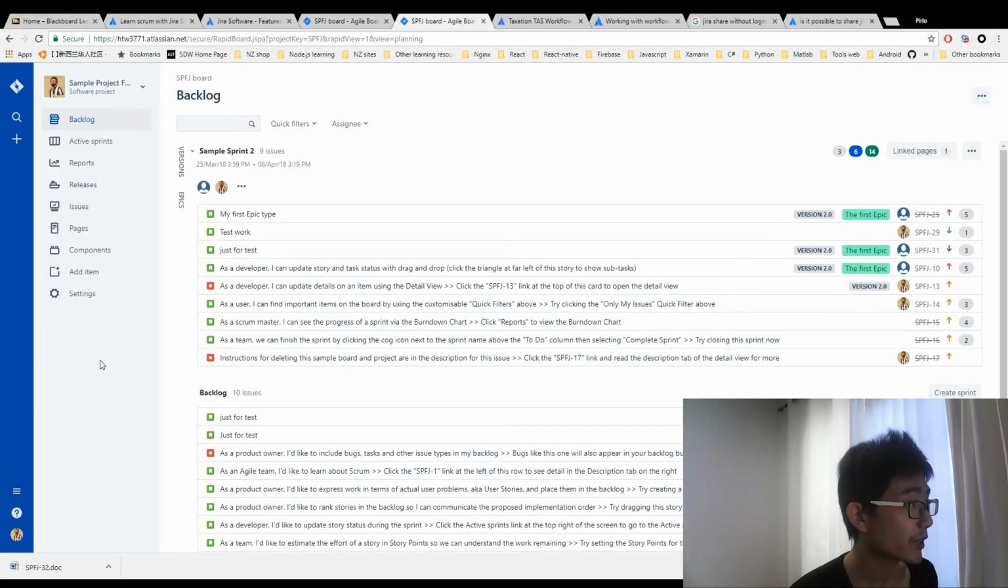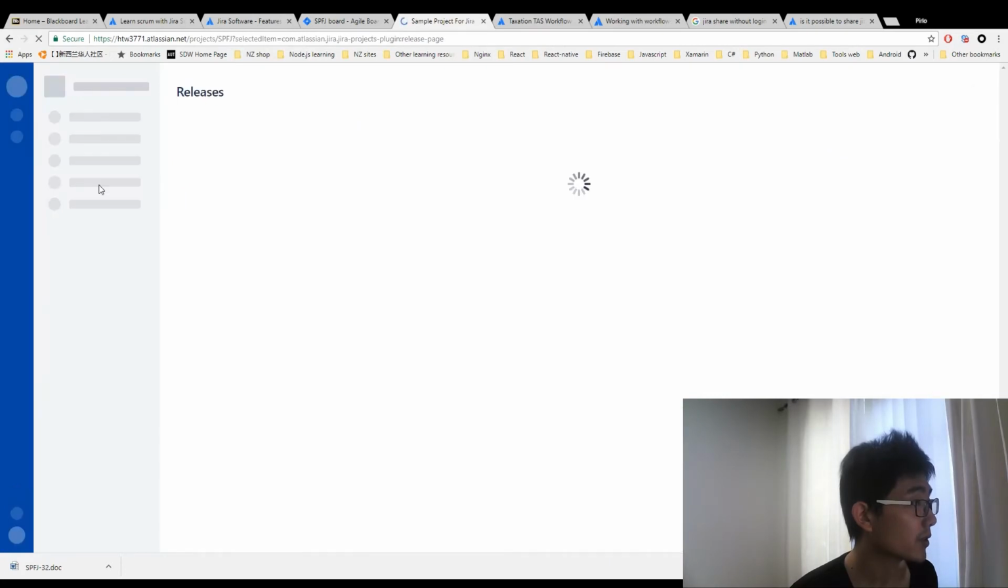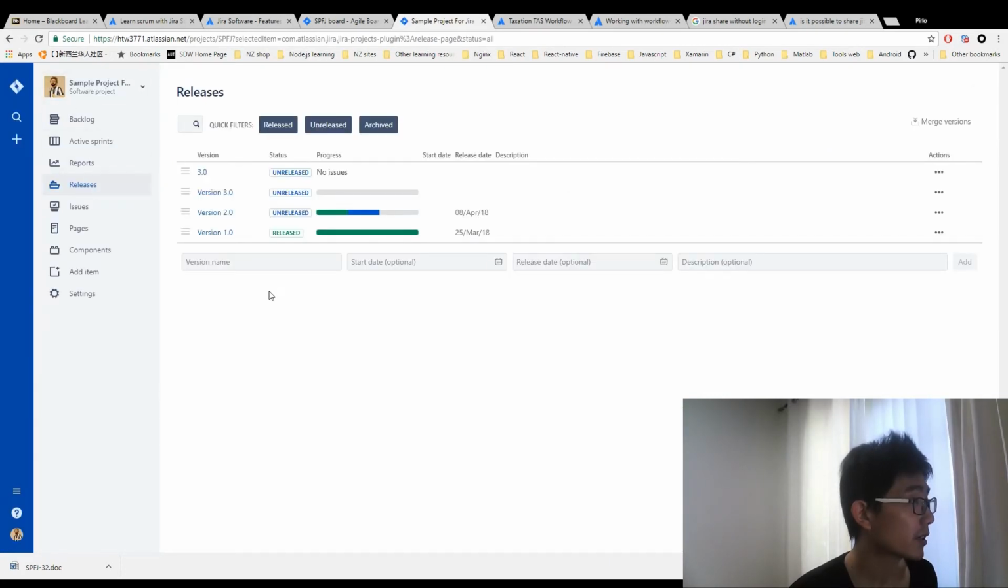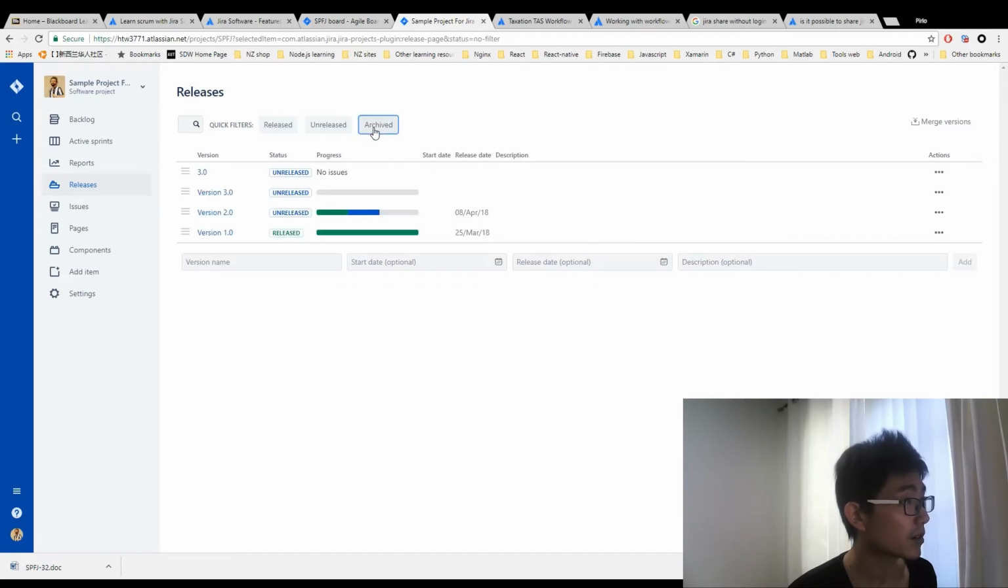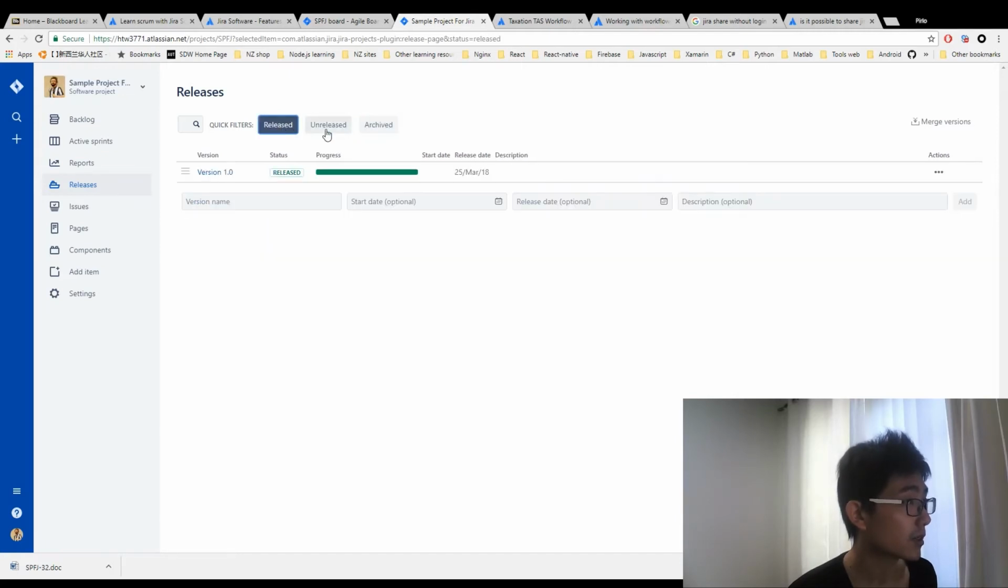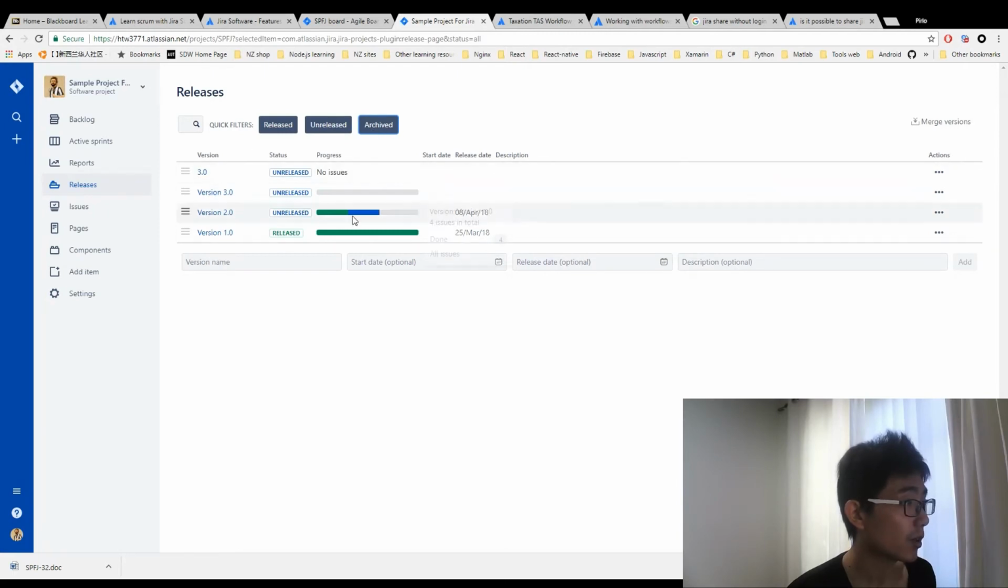You can trace the different versions of the issues here. Click the release here. You can use different filters, release filter, and release and archived. Have a look at the overview of the different versions: version 1.0 is already released here, and version 2.0 is still underway. You can see the done, in progress, and to do, and you can click version 2 to have a look